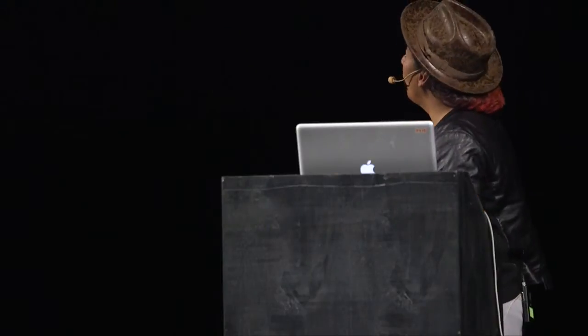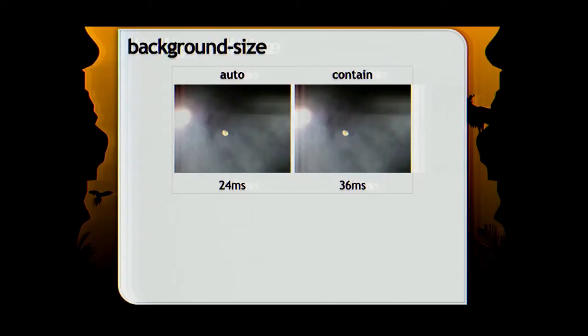So why is that important to do it that way? Because this was a test I ran. I basically took 2 huge images. It's not actually this image. But when I just said background size auto, it took 24 milliseconds to decode and render that image. When I said background size contain, and the container was the exact same size as the image, it took 50% longer. So I'm still going to be running more tests to see how this handles with foreground images, but basically